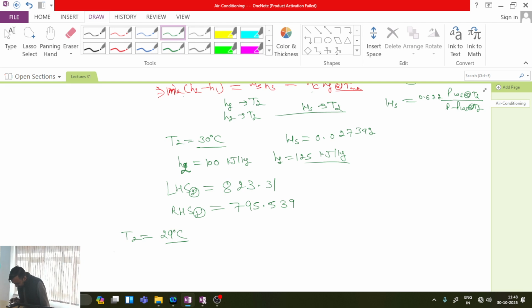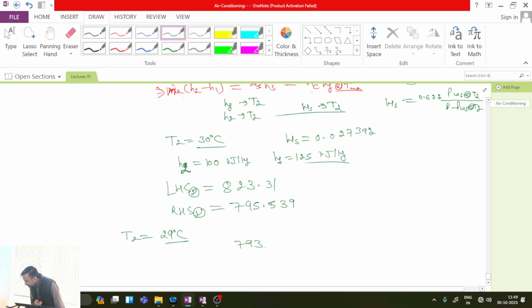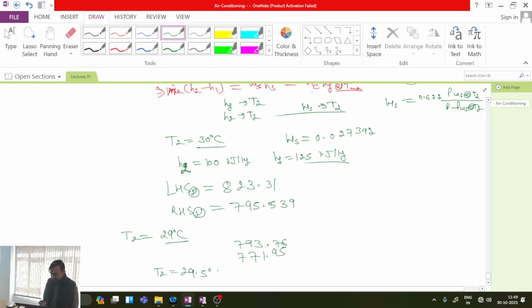When I went with 29 degrees Celsius, again I find 793.76 and 771.95. Okay, so it has gone the other way. Then what I have done, I have assumed a temperature of 29.5 degrees Celsius. When I use 29.5 degrees Celsius, then my RHS is